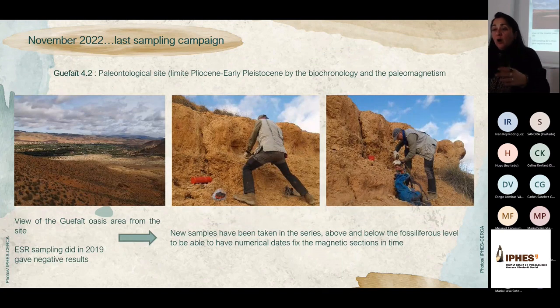So this week they were focusing on finishing this sampling for the paleomagnetism in this section. Also to try to have numeric data from the paleontological site of Gate 42. In 2019, the ESR samples that we took on teeth and on sediment gave negative results, because from a biochronological point of view, and also